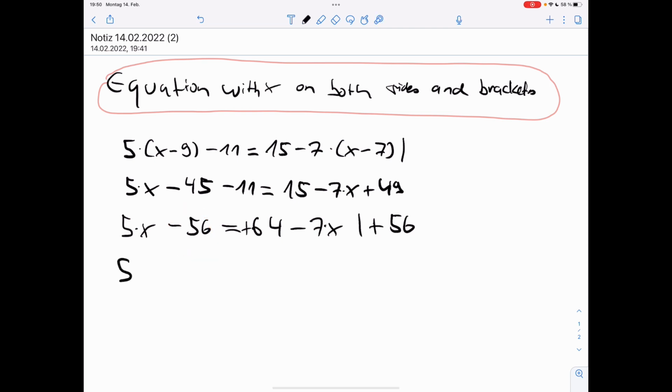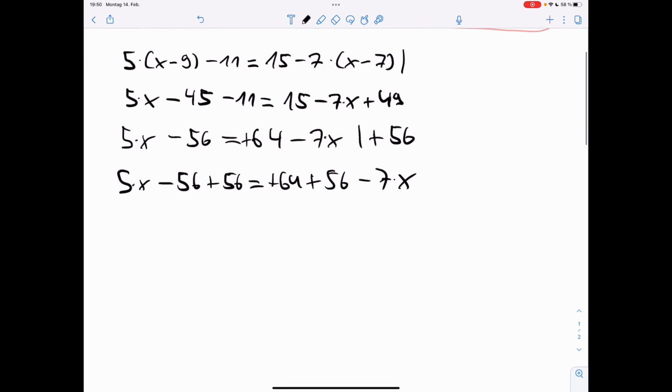So that's why we add 56: minus 56, the old, write it down, and the new one, plus 64 plus 56 minus 7 times x. Now calculate again. So this leaves us with 0. 5 times x plus 0 equals